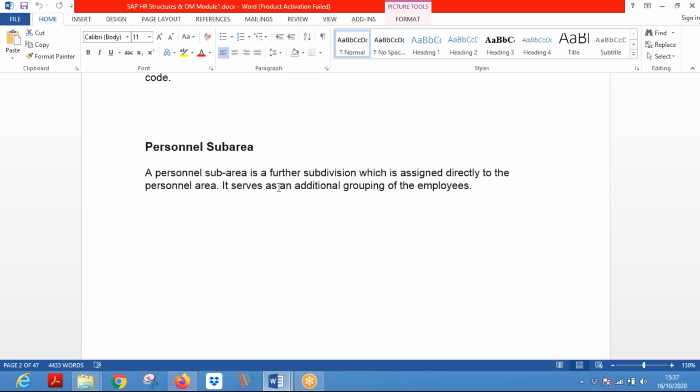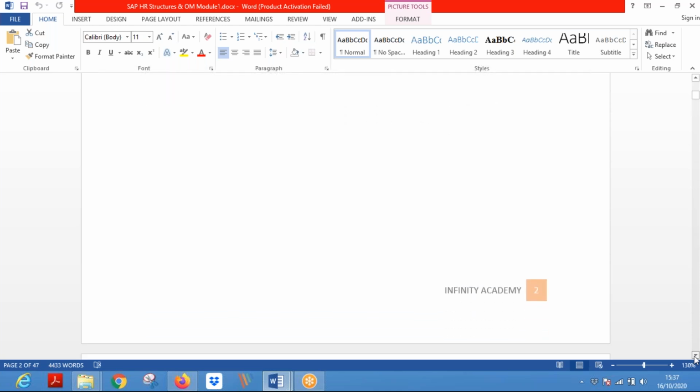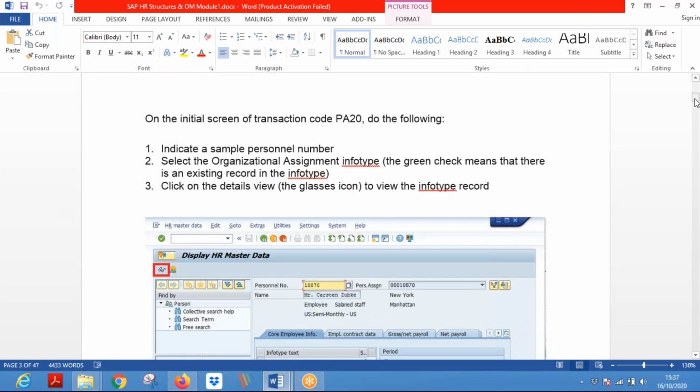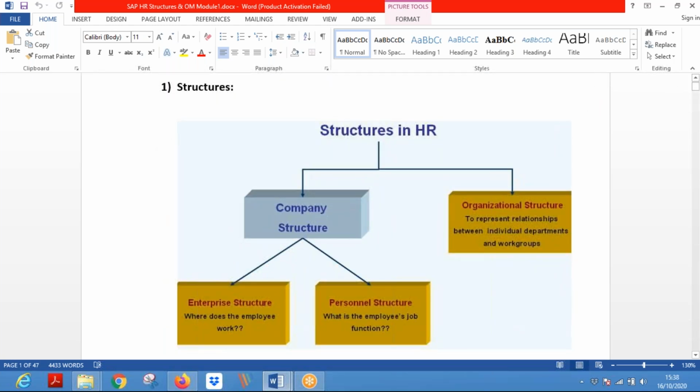Otherwise, if you don't have any branches, you can directly assign your departments to your personnel area. So this is the basics about personnel area and personnel sub area, and now we are going to configure